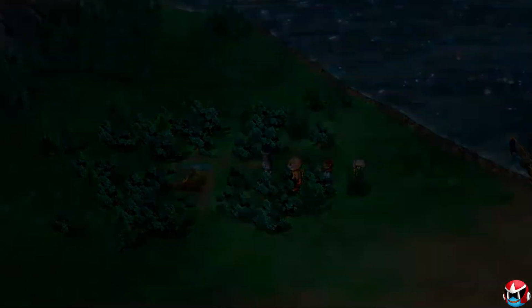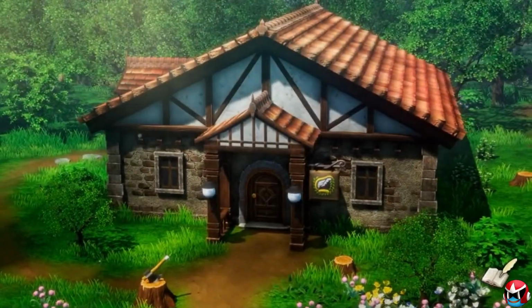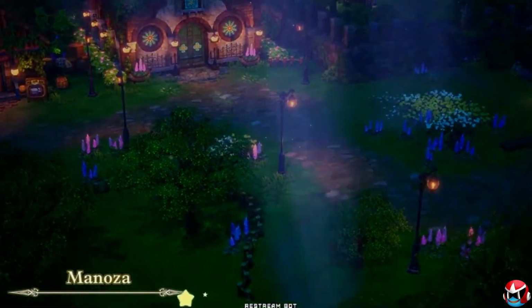On your journey, you'll find a small settlement that you can help grow into a bustling city, using a merchant to help run the shops and eventually take over the town. After completing this town story, you'll be given the yellow orb. That leaves 2 more. While traveling the world, you'll eventually come across the kingdom of Minoza, where the king has